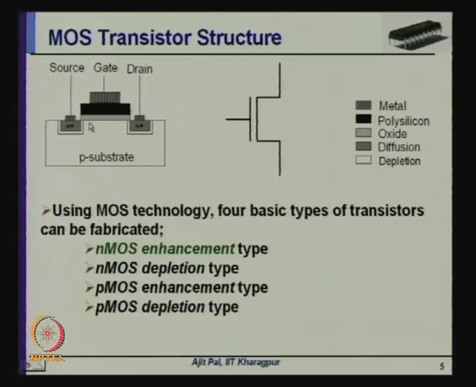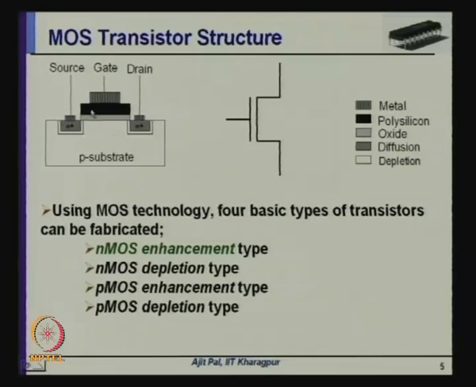So, in this channel region, charge of opposite polarity will be induced, or in other words, an inversion layer is created. That inversion layer is made of electrons in this particular case, and then the electrons form the channel. That is, the electrons can be used to carry current between source and